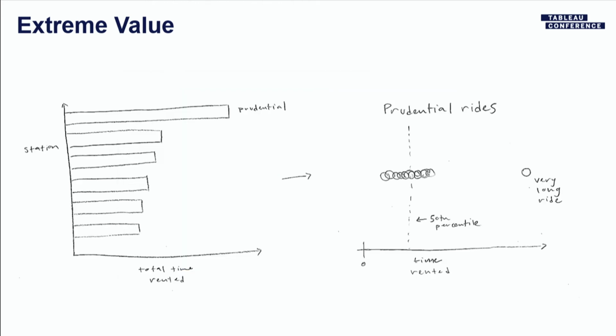So what we're going to do is turn this into a cartoon again, and then say, okay, for our aggregated mark, let's look at all of the rows that make up this mark, and let's look at the time rented for each ride, or for each row. And as we saw before, there was one very long ride. And so if we remove this very long ride, our question is,